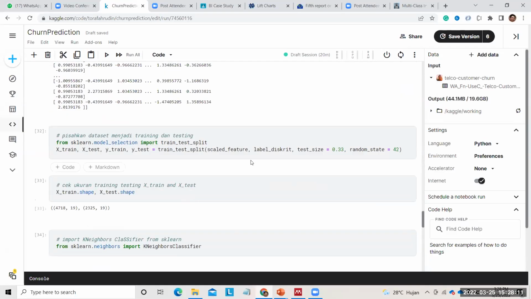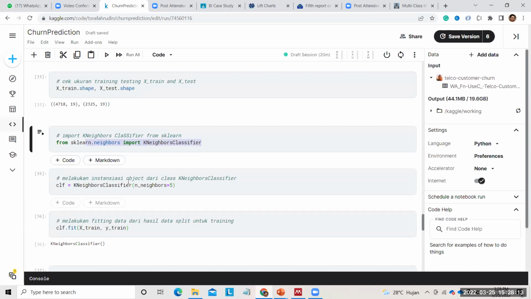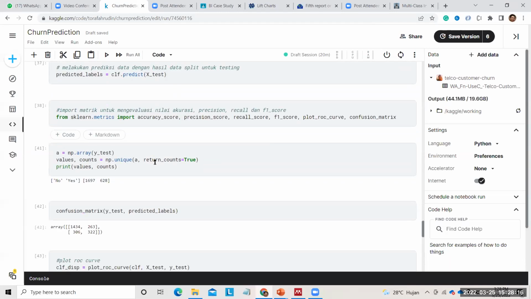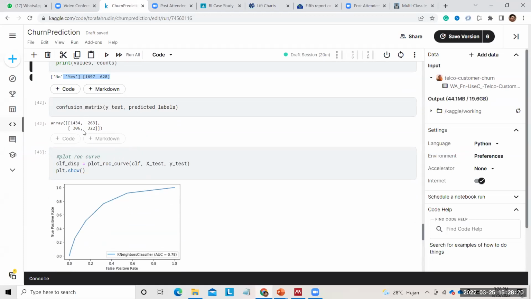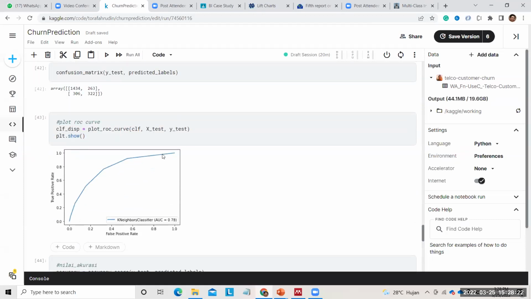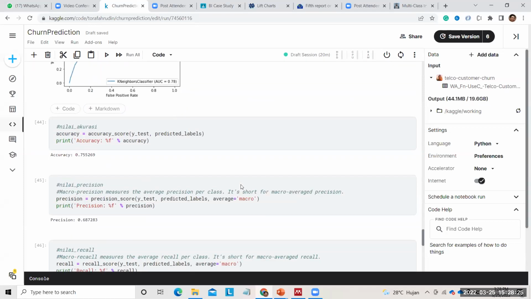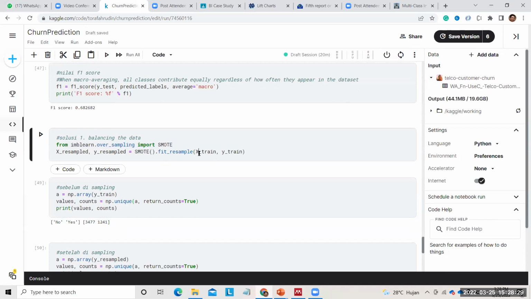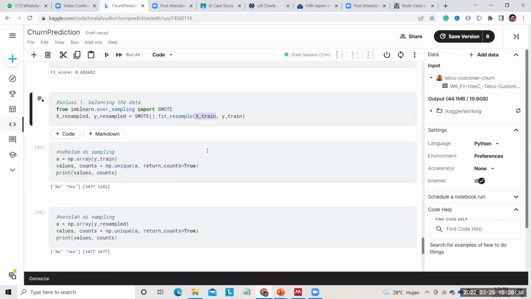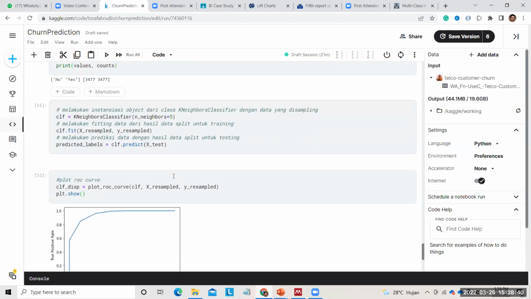Now after using imbalance handling, we use SMOTE here. This is the model I show you. This is KNN, and this is without SMOTE, without balancing. This is the ROC. And then we conduct SMOTE, sampling the training data, and we use the modeling again.